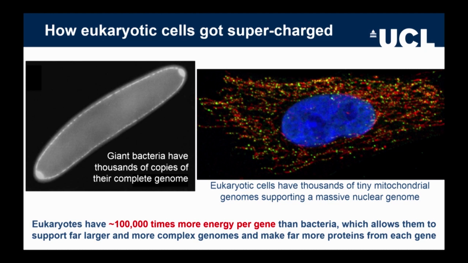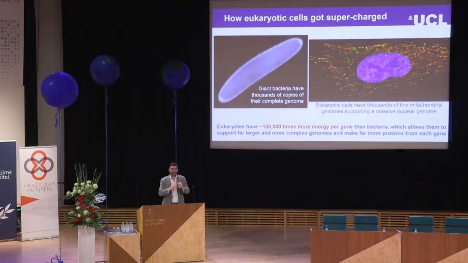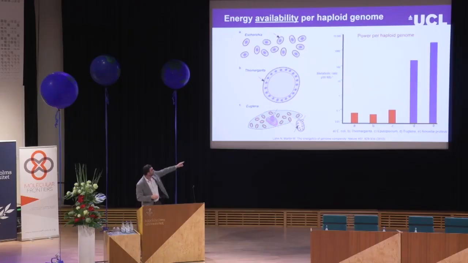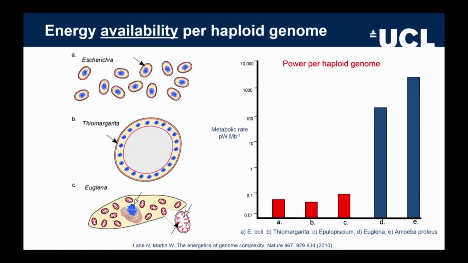And so there's been a change in the structure from trying to scale up something where everything's identical, so it's symmetric, those genomes are symmetric, to an asymmetry, where a massive nuclear genome with all the raw material for natural selection to act on is supported energetically by these tiny mitochondrial genomes. This is the long-term outcome of having an endosymbiosis between bacteria. It broke the structure of bacterial cells and replaced it with an asymmetry, which allows, this was some work done with Bill Martin some years ago now, but it just shows at the bottom there in red, these are the energy per genome or per gene